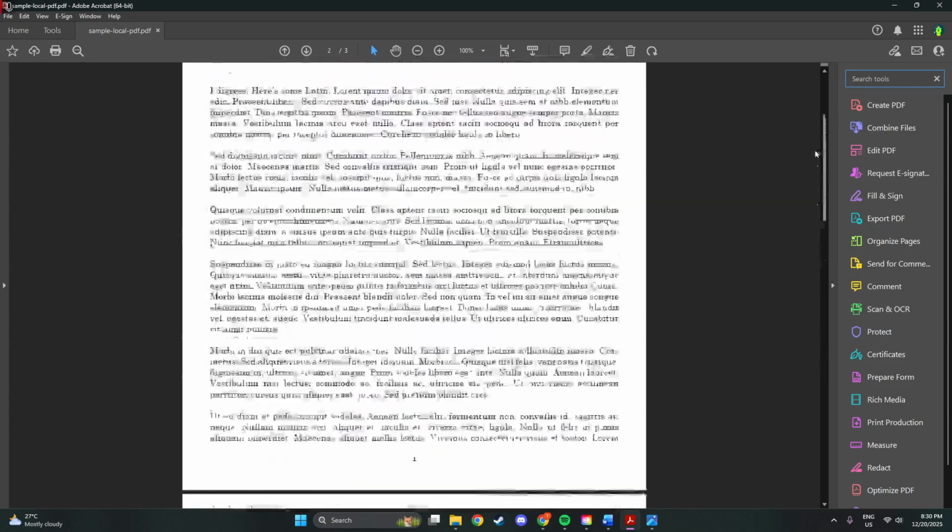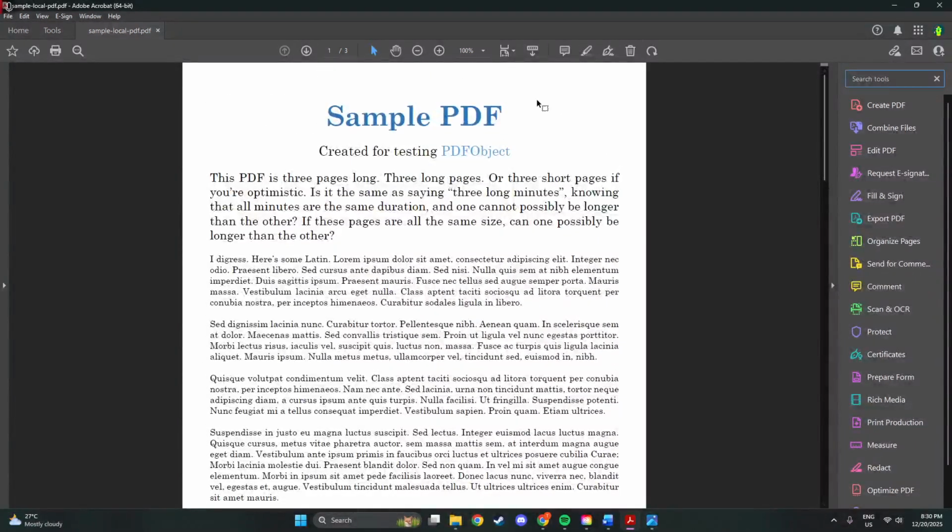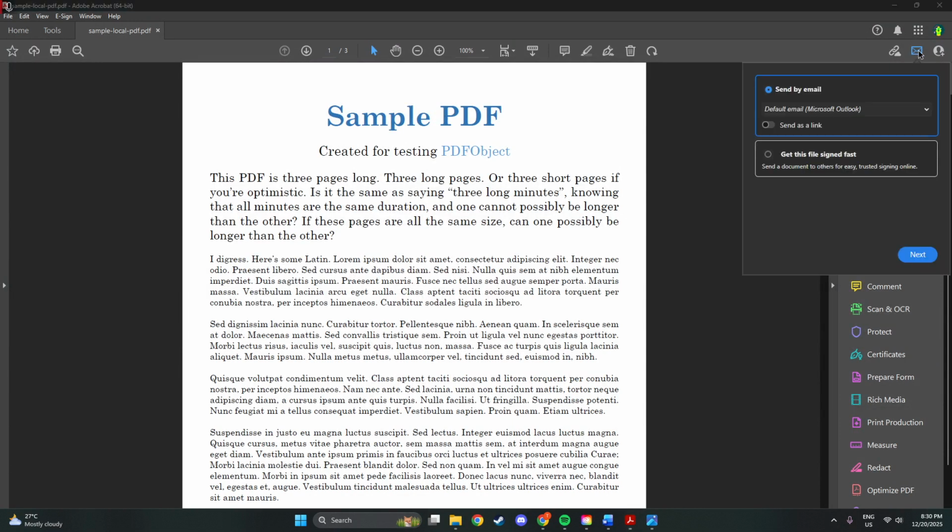Next, use Acrobat's built-in email command. Look along the toolbar for Share, then choose Send by Email. If you don't see it, open the File menu, go to Share, and select Send by Email there. This is the shortcut that prepares your PDF for sending without you needing to manually attach it inside your Mail app. When you click it, Acrobat will open a dialog that guides you through how you want to send the